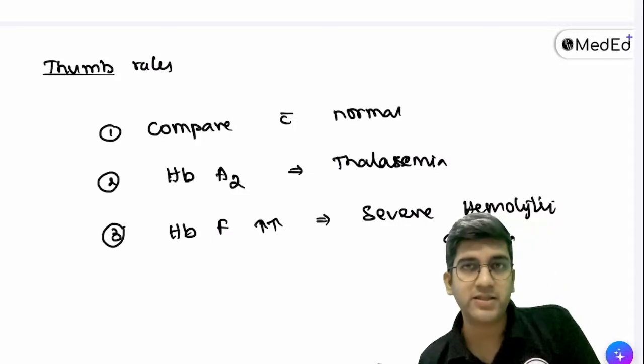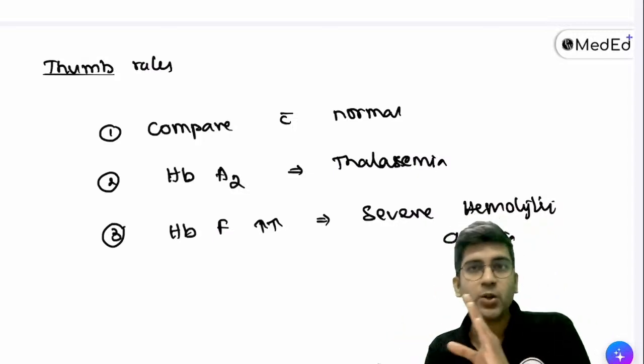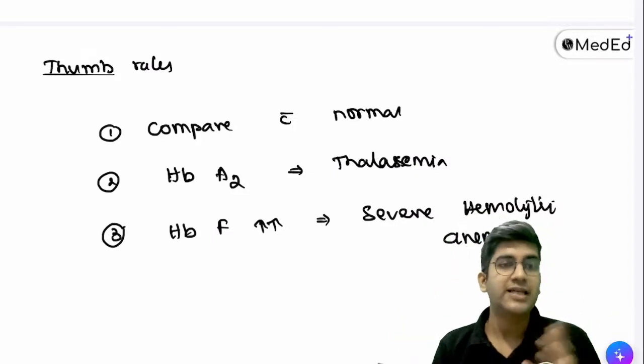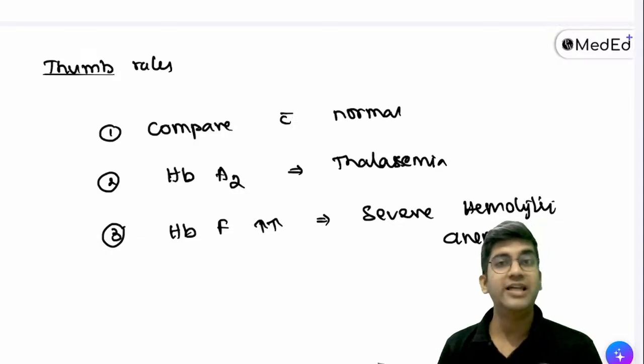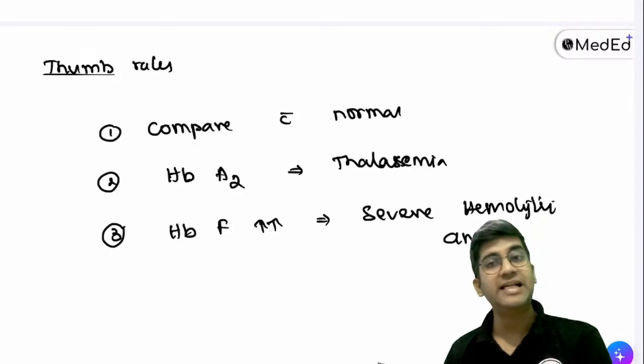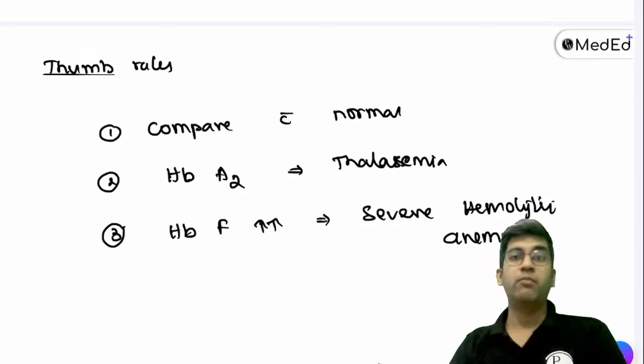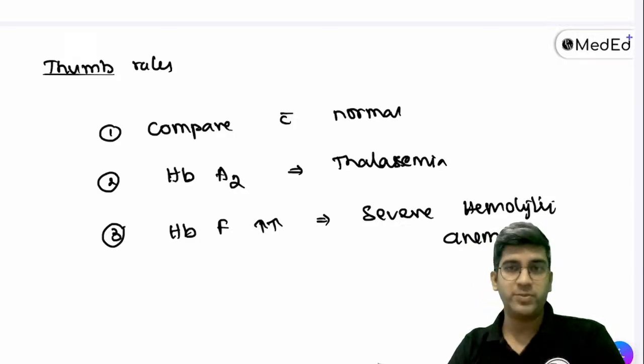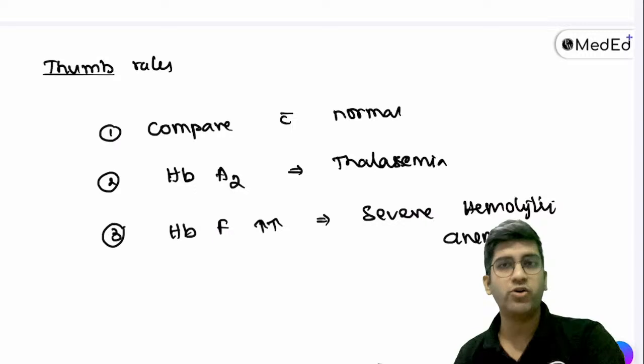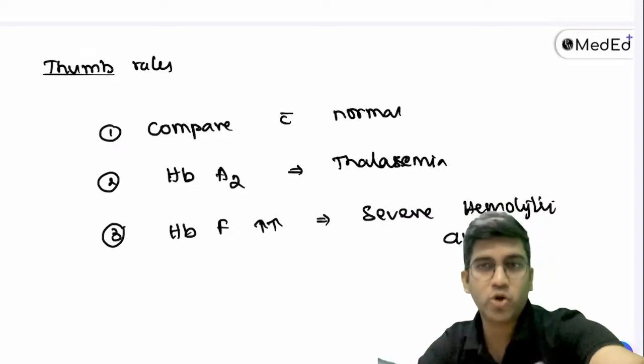What I'm trying to say is, sickle cell anemia versus sickle cell carrier. Carrier will not have very high HbF. Only sickle cell anemia will have. Beta thalassemia trait versus beta thalassemia major. Major will have more HbF. Trait will not have more HbF, right? These are only clues which I want you to remember when you're discussing hemoglobin electrophoresis.